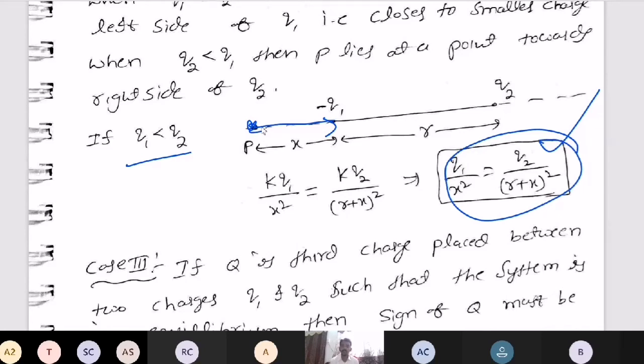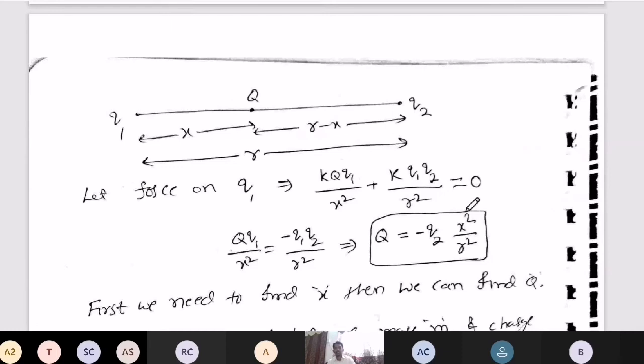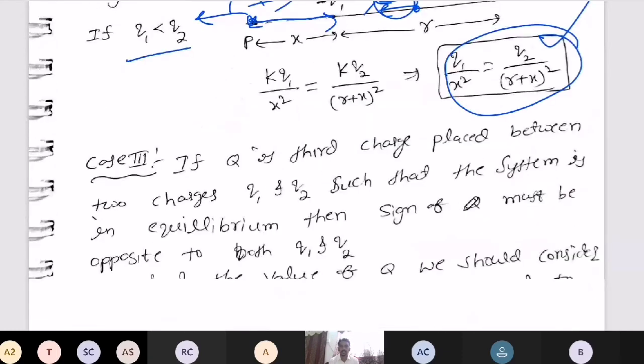So that is the difference. Here also same thing: two fields must be equal and opposite. Field due to minus Q1 is towards, field due to plus Q2 is away, so both are in opposite directions. But if you consider the point between them, field due to the negative charge is towards, field due to the positive charge is away, both are coming in the same direction. So two vectors in the same direction never cancel each other, so there is no question of a null point. That's why the point will come either left side or right side. Similarly, if you take Q1 greater than Q2, then the point will come right side. So that way you need to understand.